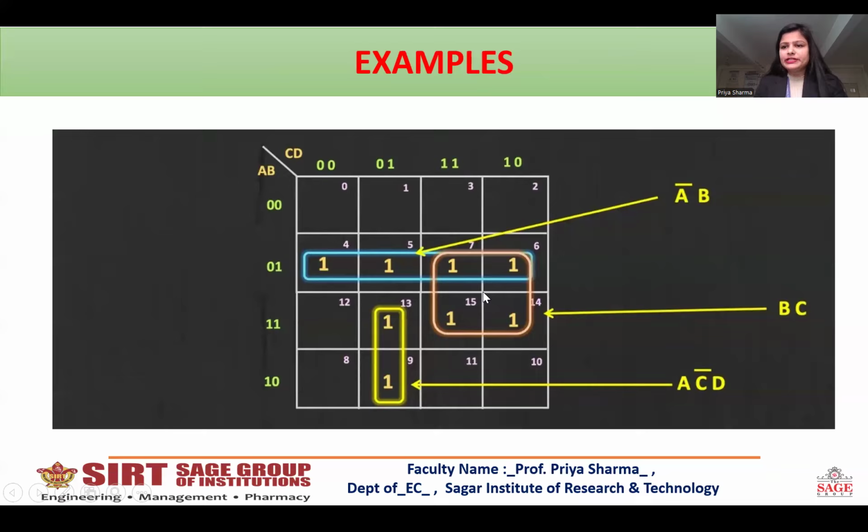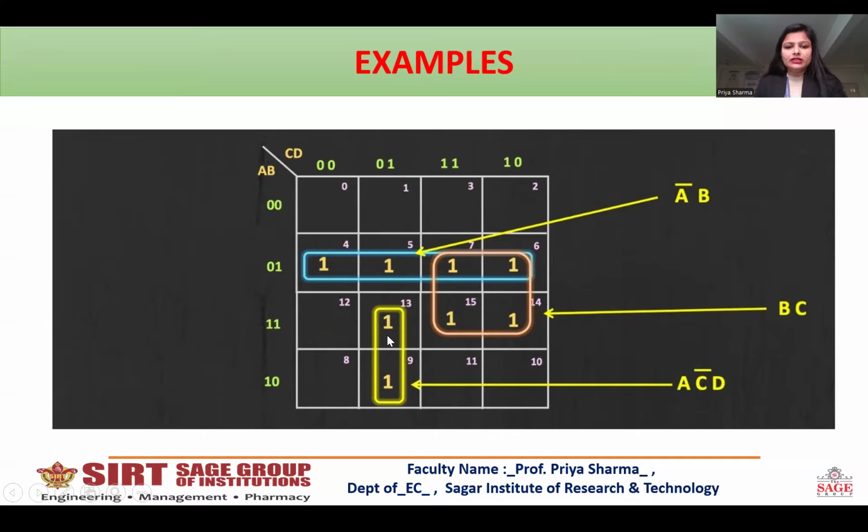This is a question which is being solved, and you can see how the minterms have been written. For this, as C and D are changing, this is a quad having 4 ones grouped. So here the only minterm will be A bar B. This is written for this quad, as A is changing from 0 to 1, B is constant. So B will be there in the minterm, and for these two layers, as C is the same and D is changing, we'll leave D and we'll go with C. So the minterm for this is BC.